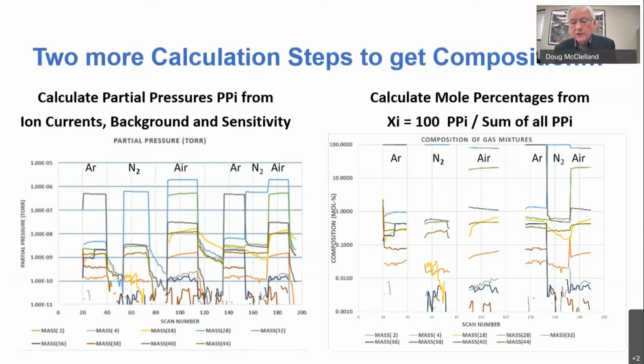And then we take those partial pressures, sum them up, and divide them into the individual partial pressures, times 100, to give mole% of composition. So we've taken this raw ion current and massaged the data to produce a spectrum like we've seen before,